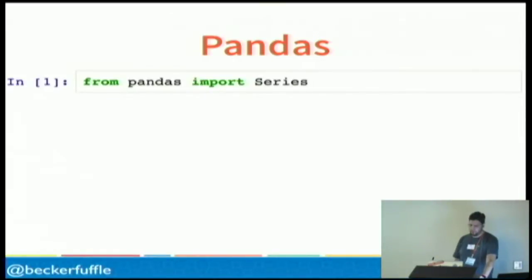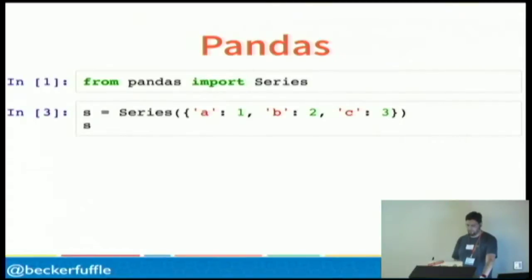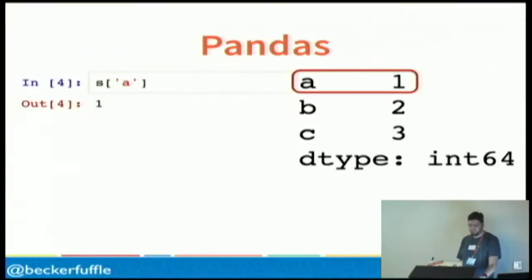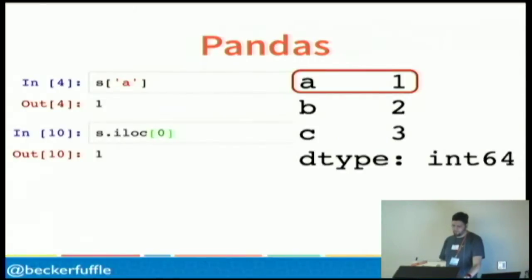The first data structure is the series, and it's sort of like a Python list, but it has an index. One way that you can initialize a series is by passing in a dictionary as input. The first column in the output here is the index, and the second column is the values. You can access a value by index using the square brackets. Similarly, you can also access by location, so you can access the first element, it's zero indexed,